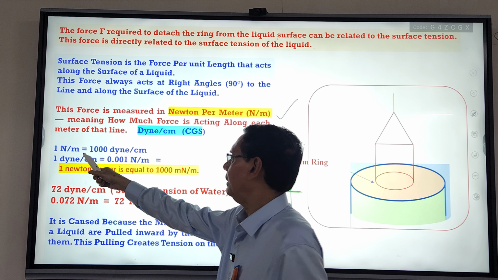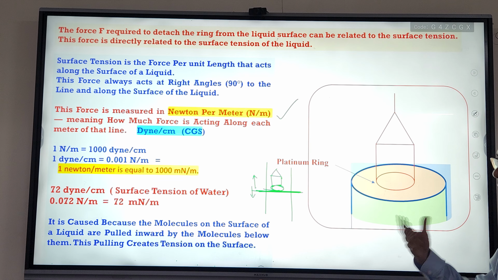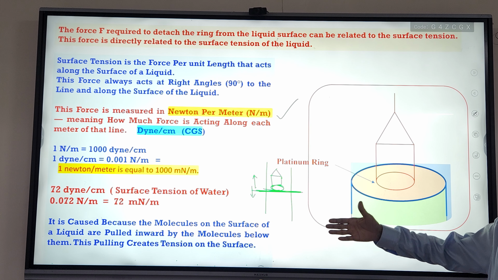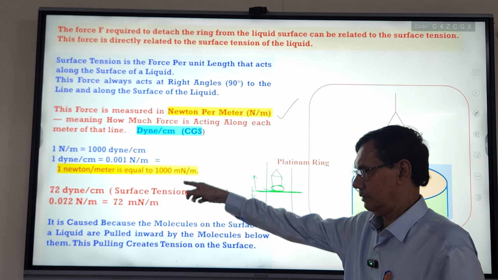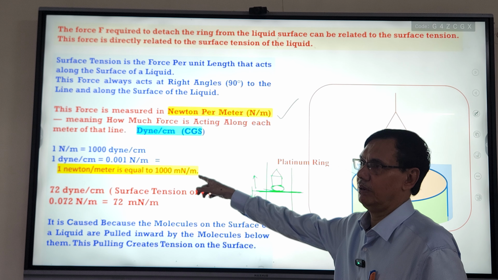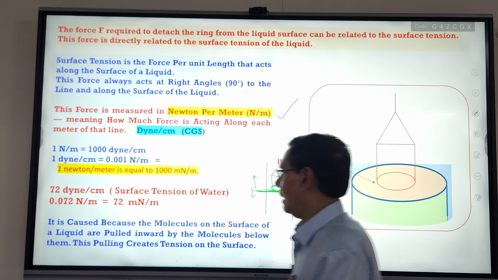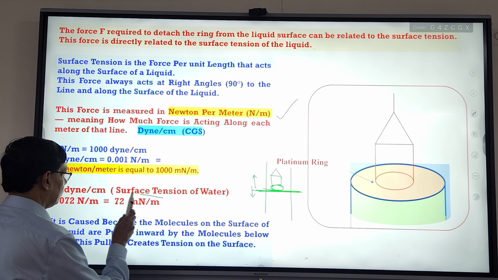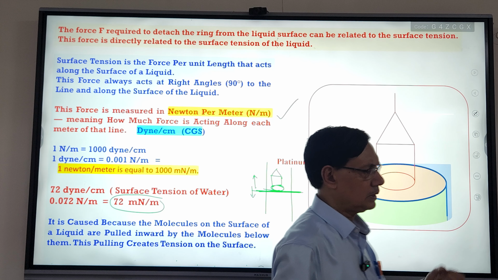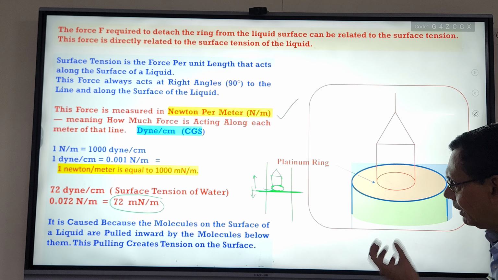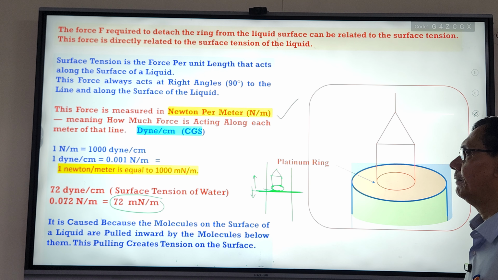But here actually we will use millinewton. The values that come directly on your computer, don't worry about the unit. It is not Newton per meter, because 1 Newton per meter is equal to 1000 millinewton per meter. This is a very small unit, so whatever values you get directly, don't worry about that. You have to write whatever 75 or 72 or 36 or 50.1, whatever you are getting directly. The computer has software, so we will directly get the values of surface tension in millinewton per meter,